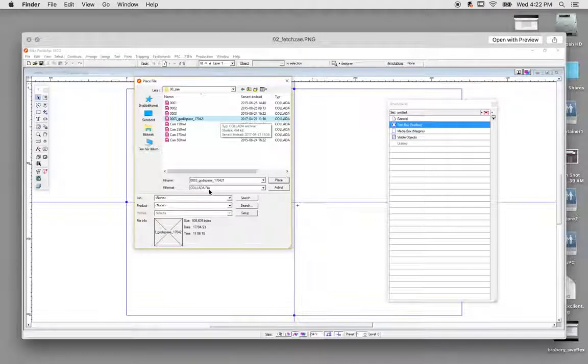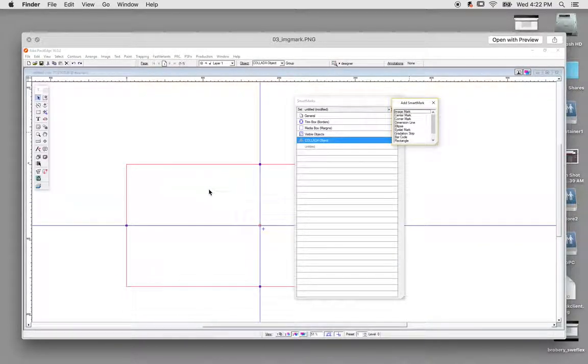Next step is you place this file, and if you go for production you can find smart marks, and in the smart marks panel you click your Collada object, which is visible since you placed in this SCI file. You choose image mark,